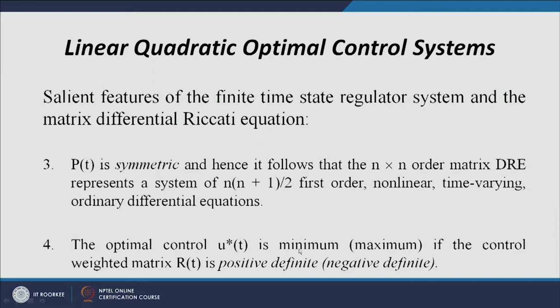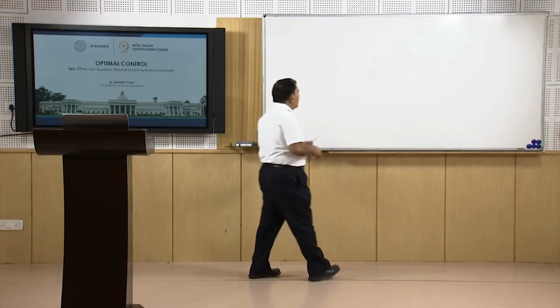u*(t) is the optimal control, and it is minimum if the control weighting matrix R(t) is positive definite, and maximum if it is negative definite. We will discuss in detail in the sufficient condition why this condition is there. So, what actually is R(t)? If you will recall, we